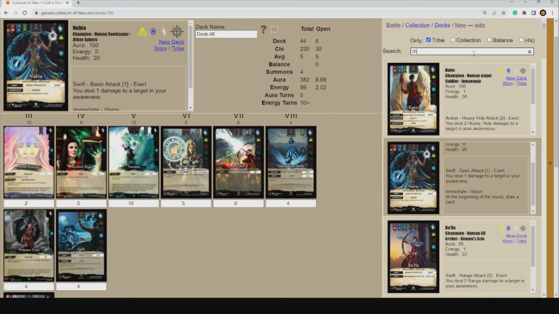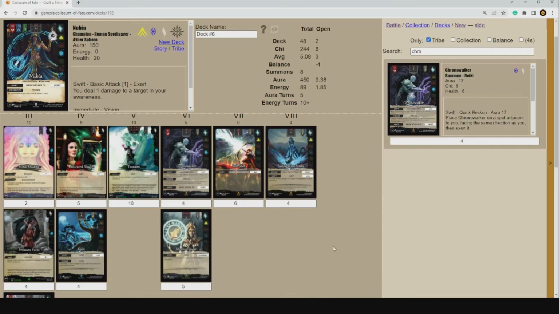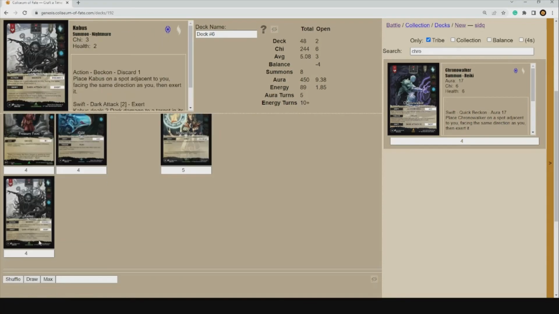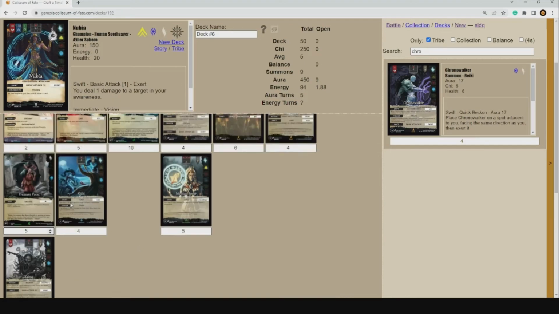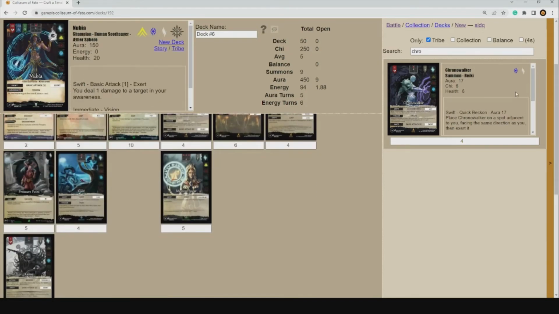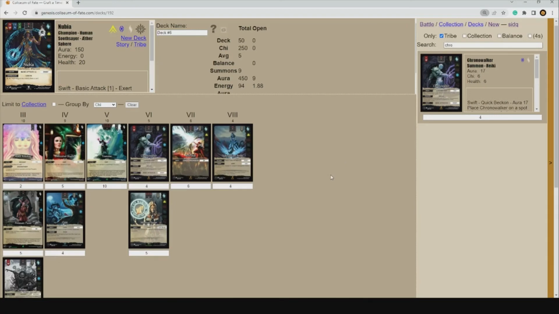So, yeah, Chrono. With 6 remaining, we can run 4 Chronos. But if we do that, we have to run 2 3s. Let's add another Cabus and another Pressure Point. You could split up the Pressure Points with Shutdowns if you're feeling that's too heavy on that side. But yeah, the cool thing with this stat is now you can kind of see that